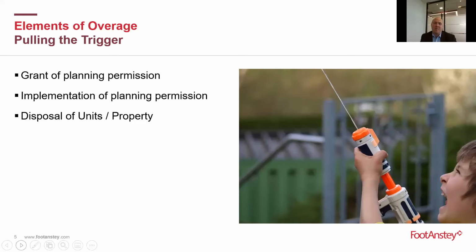Another example of where we can put in drafting to ensure that doesn't happen is, if we've disposed of 80 out of 82 dwellings, but overage is only payable on the sale of the last dwelling, then as you get to the end of the overage period, we could include a provision where you have deemed disposals. So those last 2 units in that scenario were deemed to be disposed at market value, therefore triggering the overage.